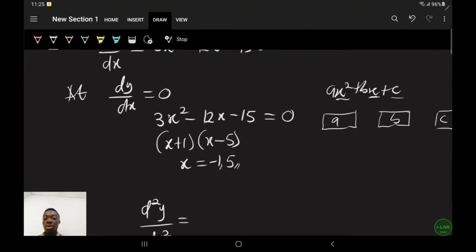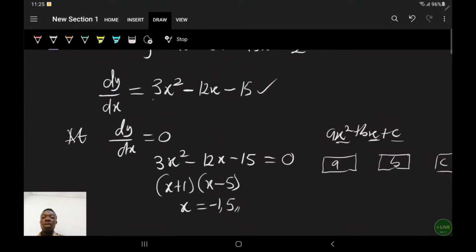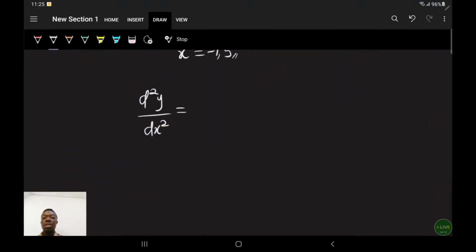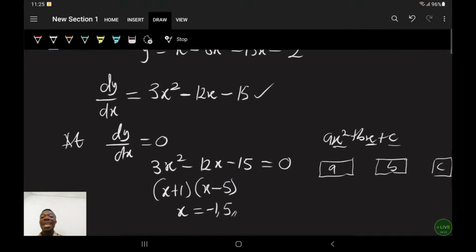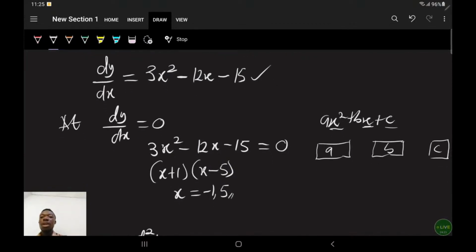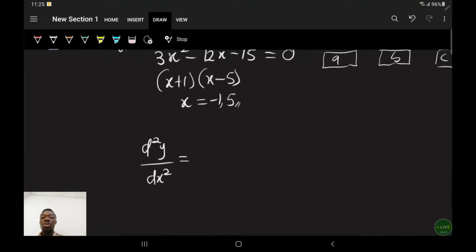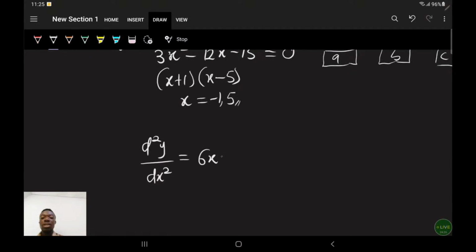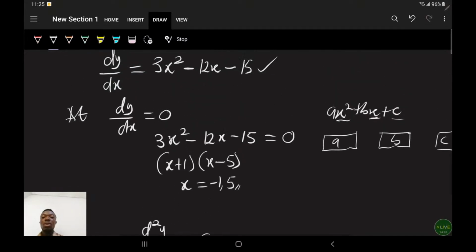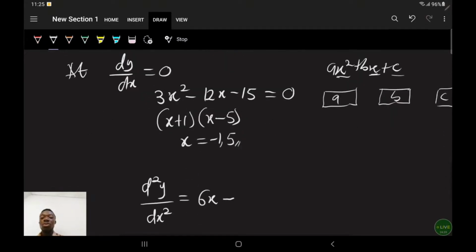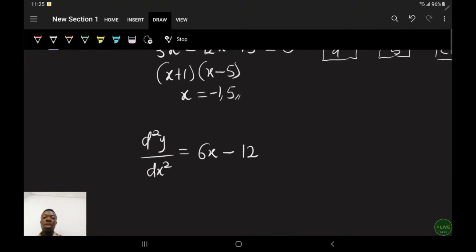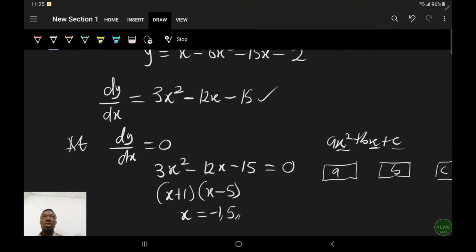So that is what we are going to look at. We know that our first differential was 3x squared minus 12x minus 15. Is that okay? At this point, I'm going to differentiate it again. When you differentiate 3x squared, it results in 6x. Minus, when you differentiate 12x, it results in 12. You have that one here. When you differentiate 15, which is a constant, it results in